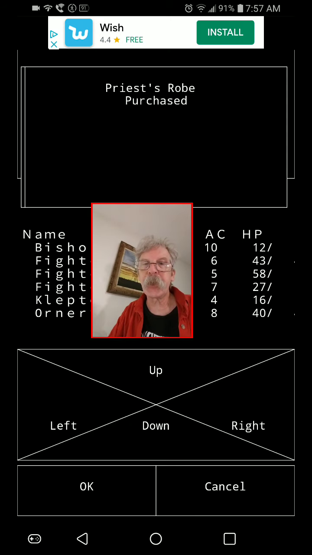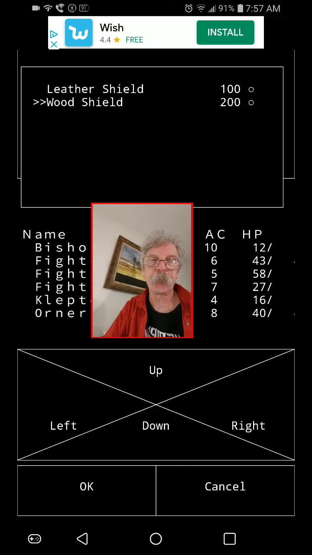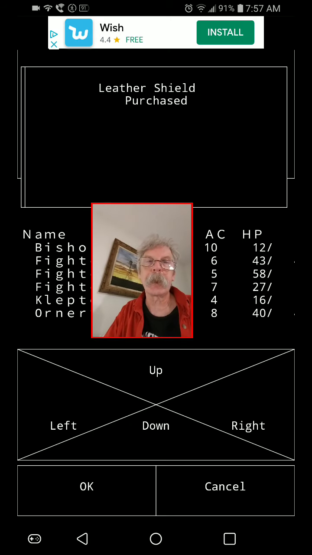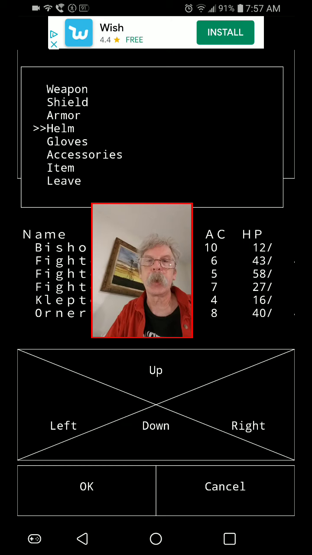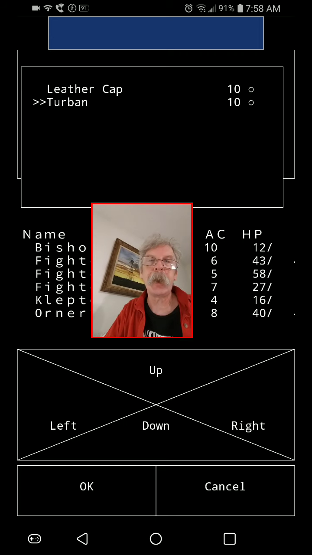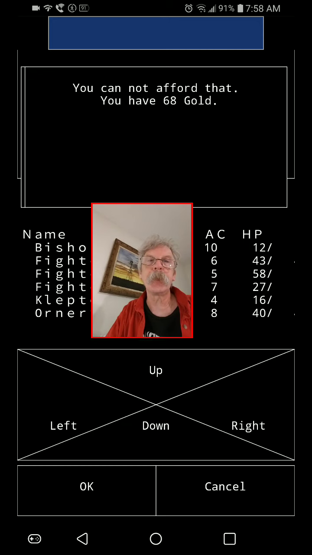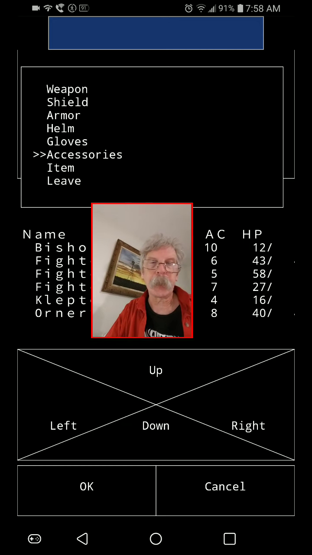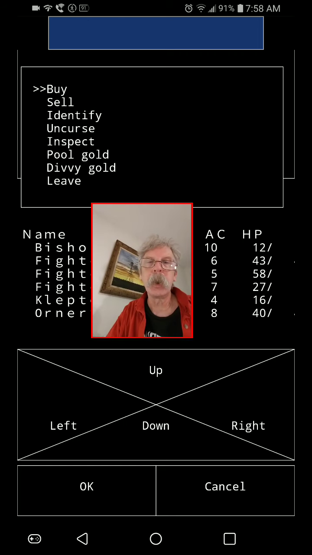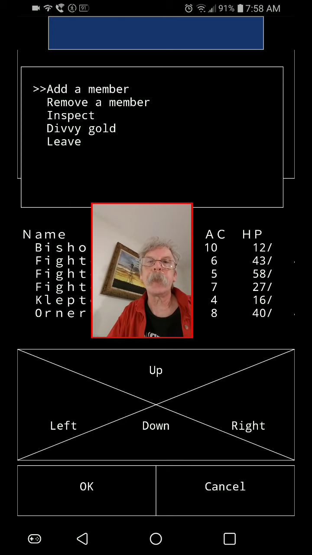Again, bishops, priests, and mages and wizards cannot equip very fancy armor. Get him a shield. Yeah, he can equip a wooden shield, but we can't afford that right now. Get him a helmet. Mage's Patassos. Gloves. Get him a priest mitten. Oh, he can't afford that. Okay, so I'm going to have to go and show off